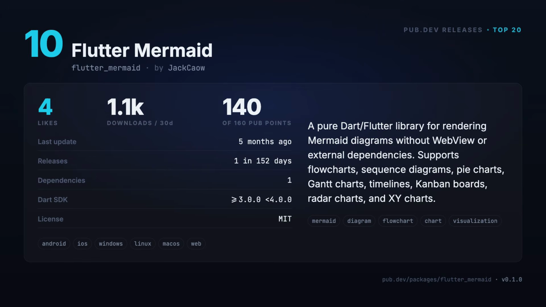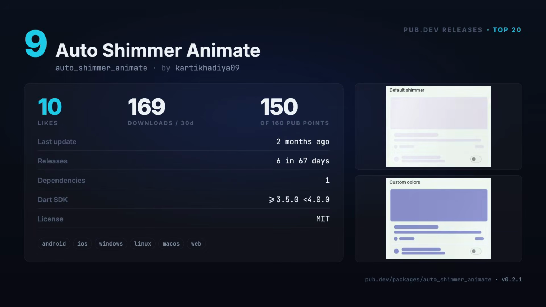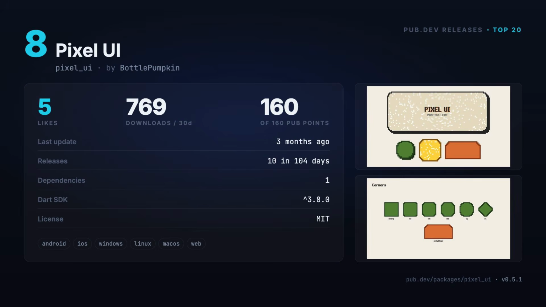external dependencies. It supports flowcharts, sequence diagrams, pie charts, Gantt charts, timelines, Kanban boards, radar charts, and XY charts. Number 9 is called Auto Shimmer Animate, which automatically converts existing widget trees into animated Shimmer skeleton loading states. Number 8 is called Pixel UI, a pixel art design system for Flutter with retro 8-bit primitives, tile grids, interactive